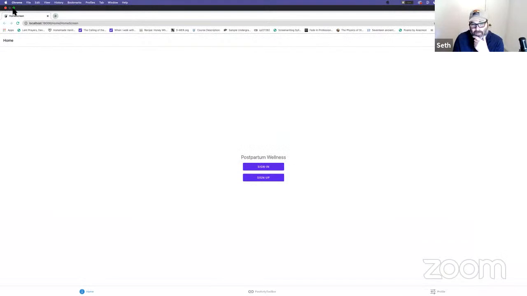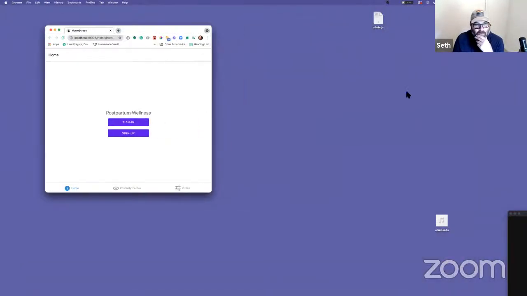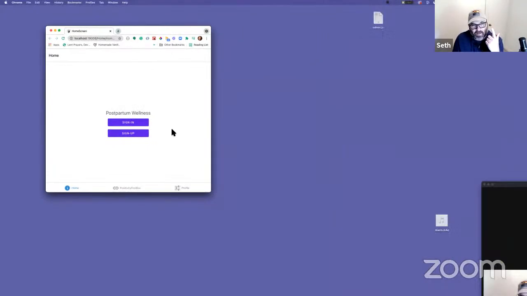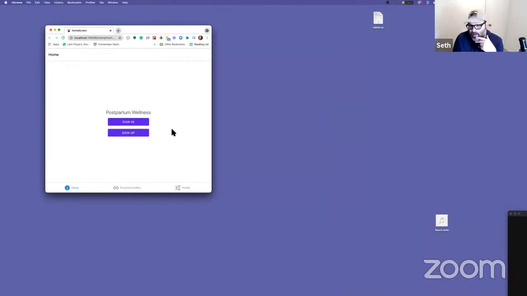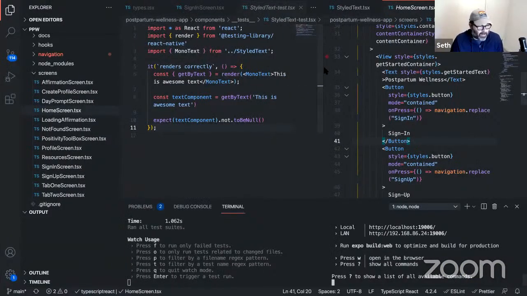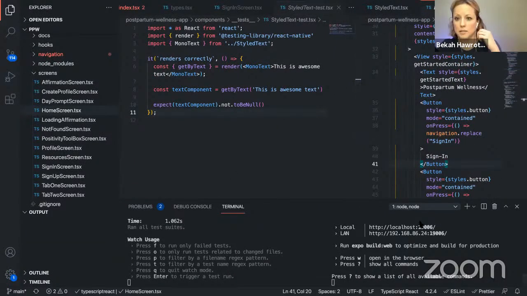So we just have two options here. We're going to want to check if it renders, check our text, and then simulate our button clicks. So we could just start there with our test. And when we get to the button clicks, we'll figure out what's next. Let's see how far we can get in the next half hour.